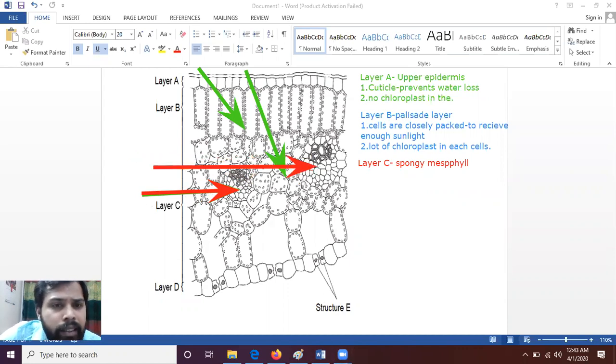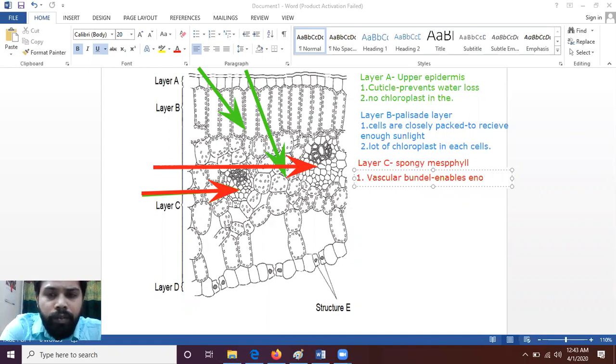So in layer C, basically there are many vascular bundles depending on the region where that plant grows. Okay, so there are many vascular bundles in the spongy mesophyll. So you'll be saying, what is the advantage of having a vascular bundle then? You know what a vascular bundle is. A vascular bundle is something where we have the xylem and the phloem together. All right, okay, so the vascular bundle enables what,